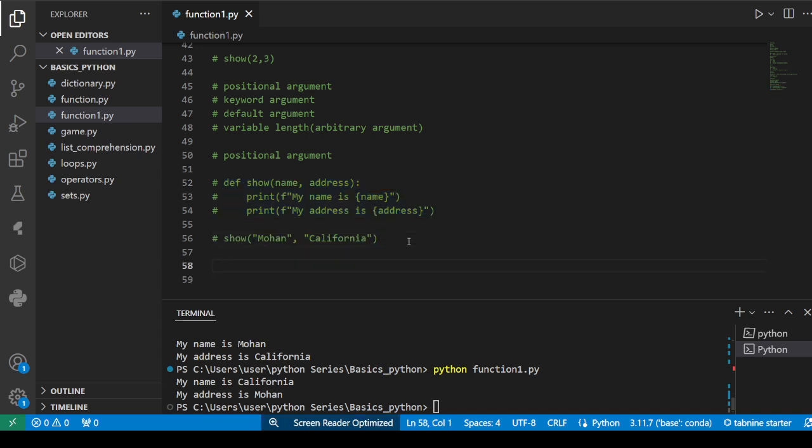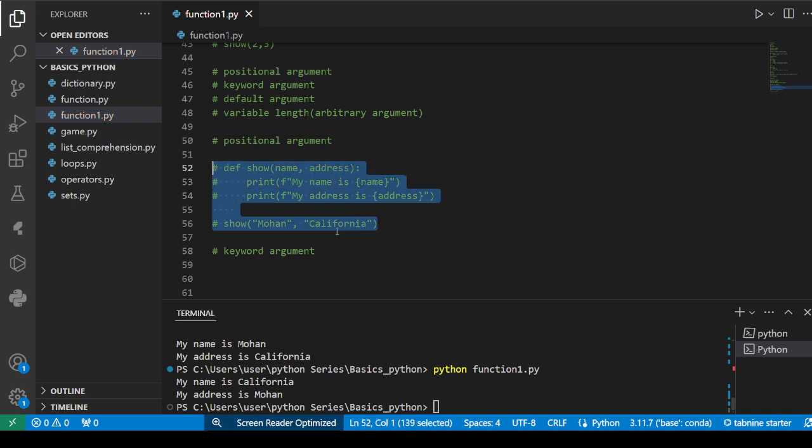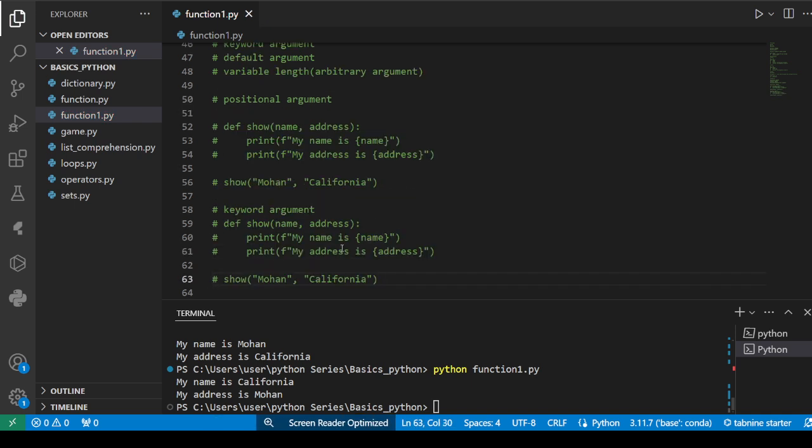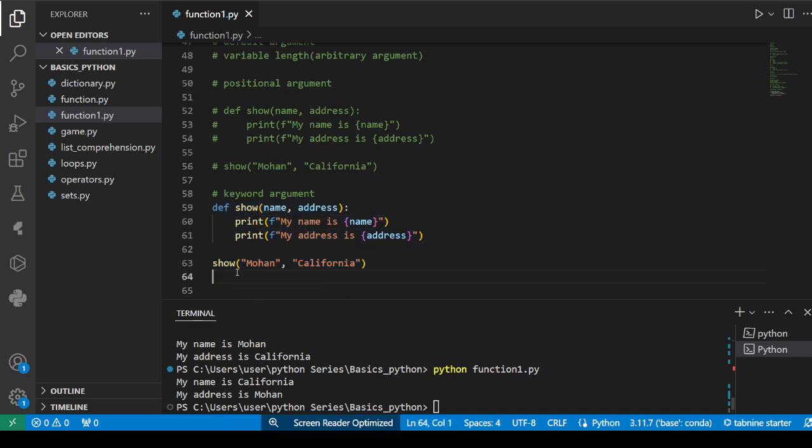So I will move towards the keyword argument. Let me provide the same example, right? Define name and address. I'll just copy and paste from this code. Control C and Control V, and I need to undo the comment. So I have defined a function. I have used this inbuilt print function over here, and I am calling it by using the function name, passing the